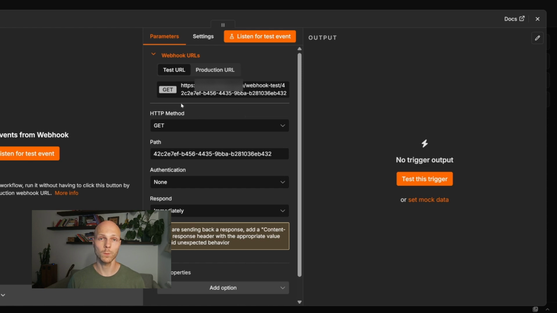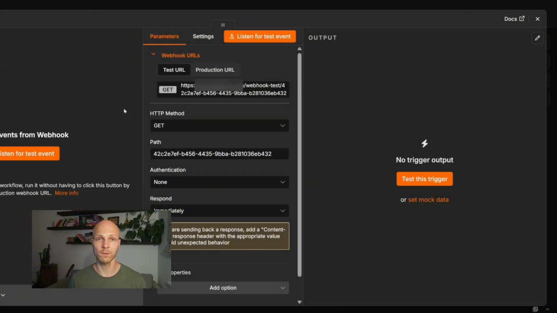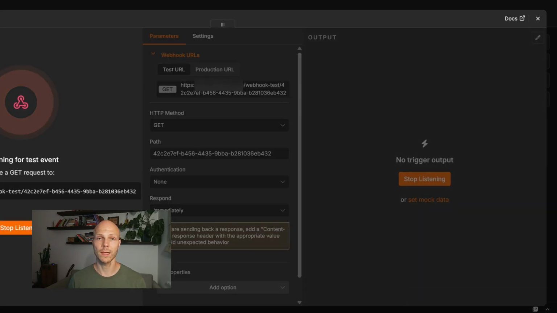When we open the webhook node, we can see we get two URLs: test URL and production URL. We can use the test URL when we are still building the workflow or testing, and we want to make sure that some action in another app doesn't accidentally trigger the workflow while it's still being built. Since we are doing exactly that, I'll copy the test URL and click listen for a webhook, which allows n8n to